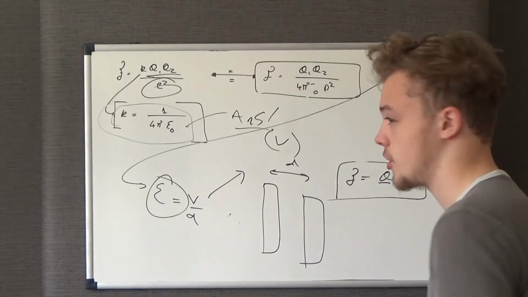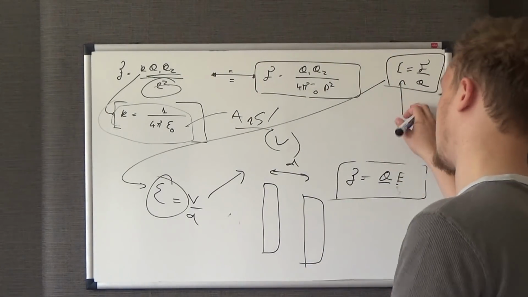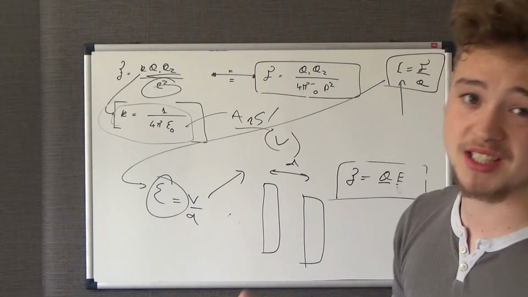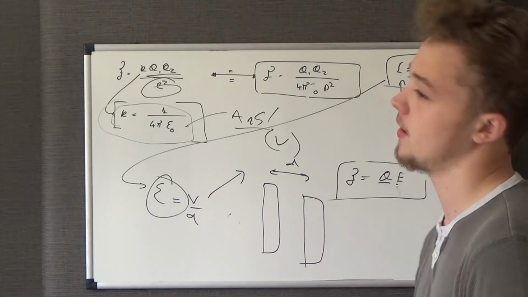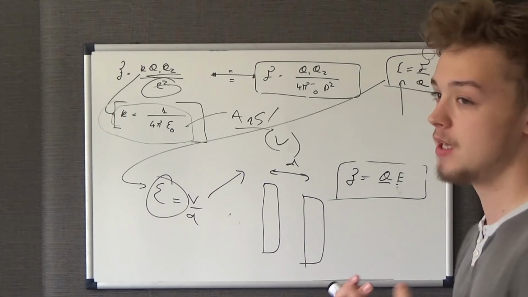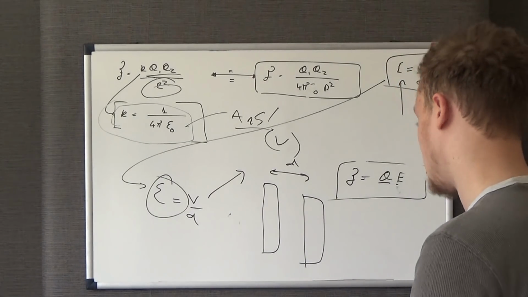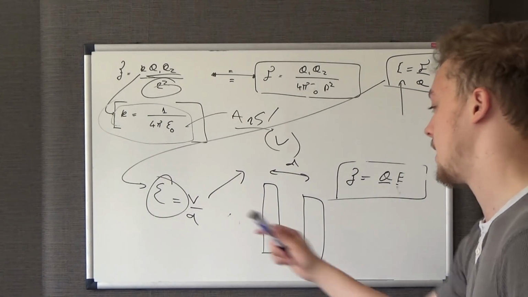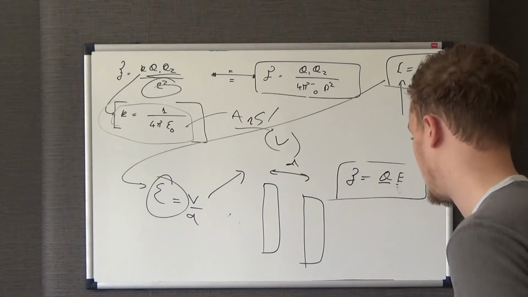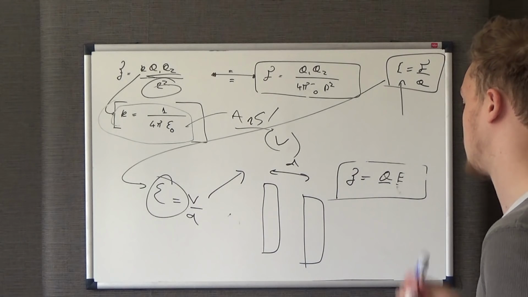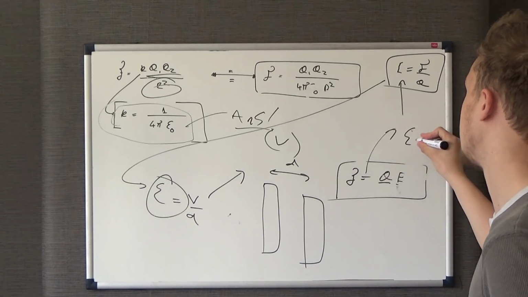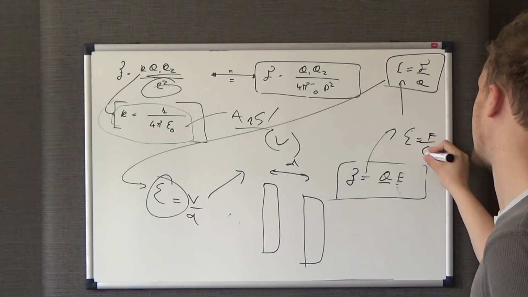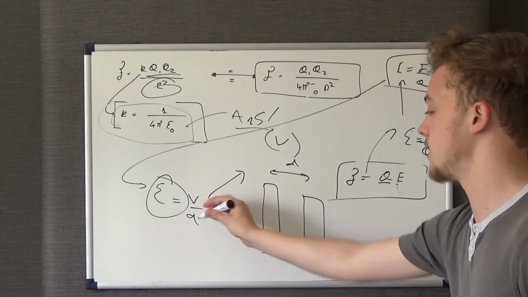formulas and rearranging them if you need to. You might have to combine them, but as I say, very rarely will you have to combine them. It's in the harder level questions. So if you do get a question that asks you to combine F equals QE with E equals V over D, we've made this equal to E, so E is equal to F over Q, which I've stated up there, and we know E is equal to V over D,